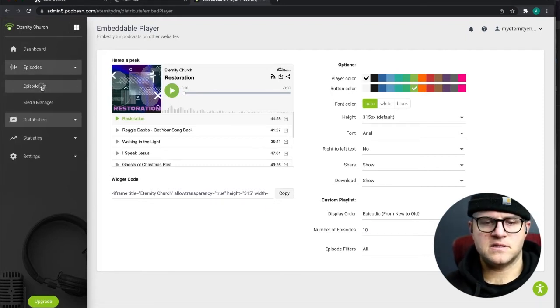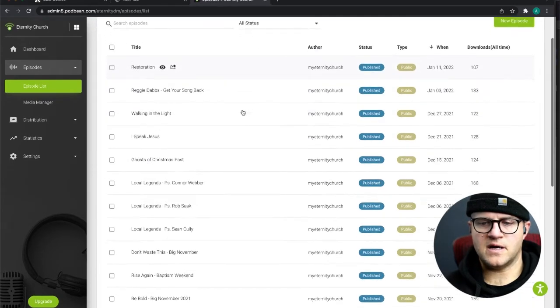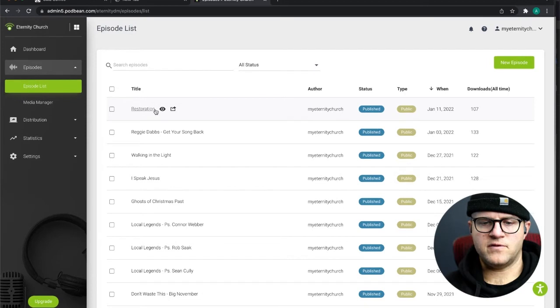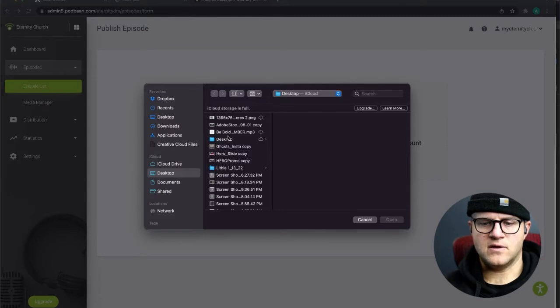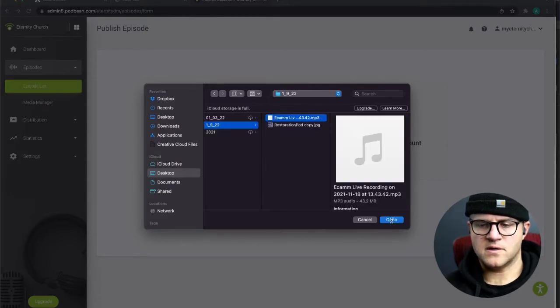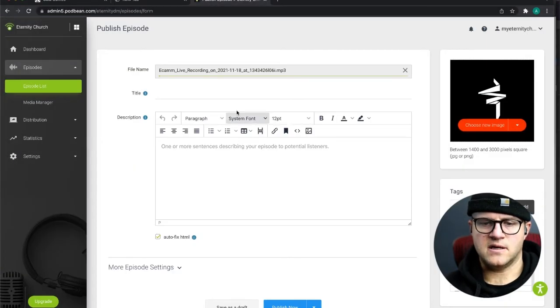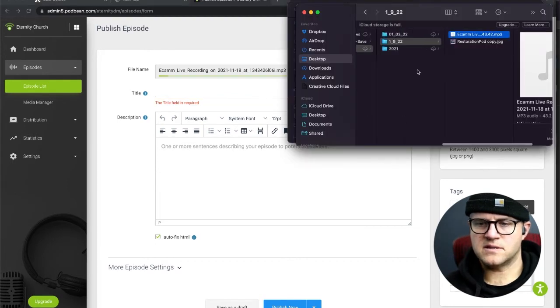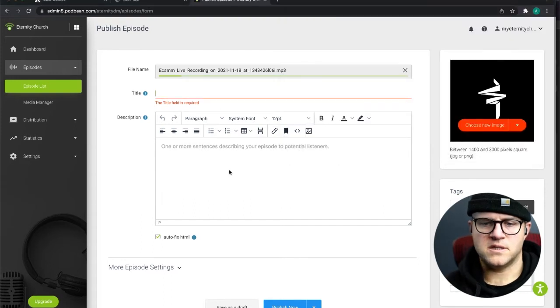Take your episodes and go to the new episode tab. These are all of ours. You can edit if you want to in here. Let me go to new episodes again and see if my audio has downloaded from the cloud. So this one right here. Perfect. These are downloaded now. So I can open and then show you kind of what this looks like in here. So you title it, and then I believe this one was titled, what was it called? Restoration.